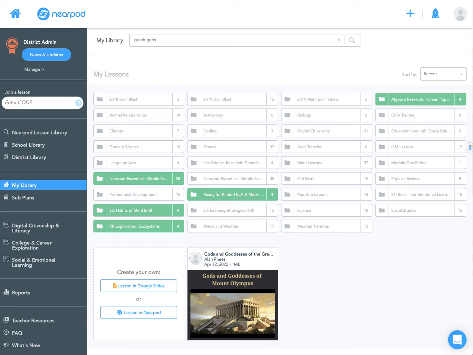Hey everybody, today we want to look at how to put a Nearpod activity into Google Classroom. So you can see I've already logged in here to Nearpod. I'm assuming you know how to do that. So I want to add this Gods and Goddesses of Mount Olympus Time to Climb activity from Nearpod to my